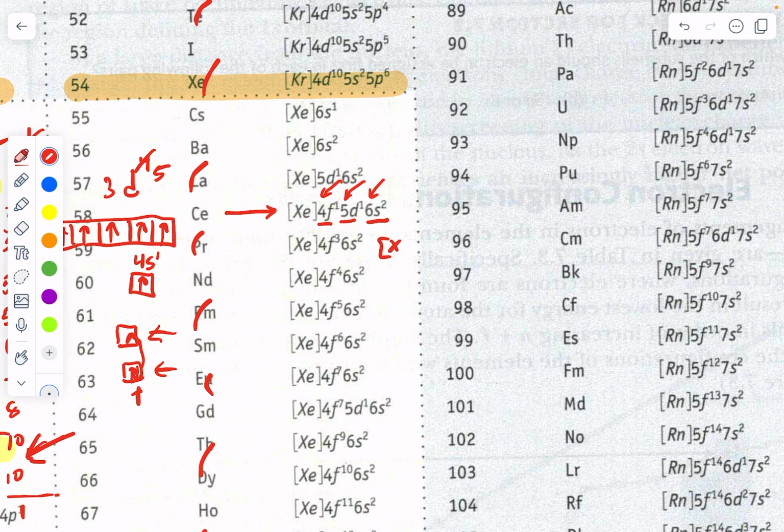So they would have your xenon, and then you'd fill up the 6s2, and then you would have the 5d1, and then you'd have the 4f1. And that would be the order in which you would fill them up using the Aufbau principle. And some textbooks will do that on occasion. I prefer doing it this way because even though it does not reflect the order in which they're filled up, we're filling up the 6s2 before the 5d and the 4f, but what it does make possible is the recognition